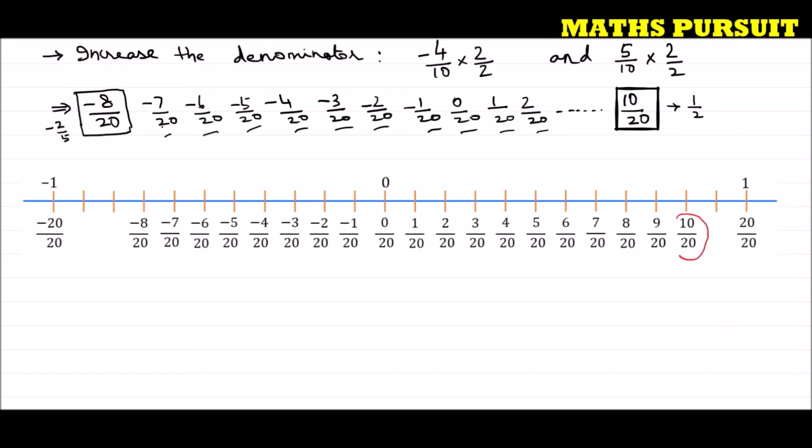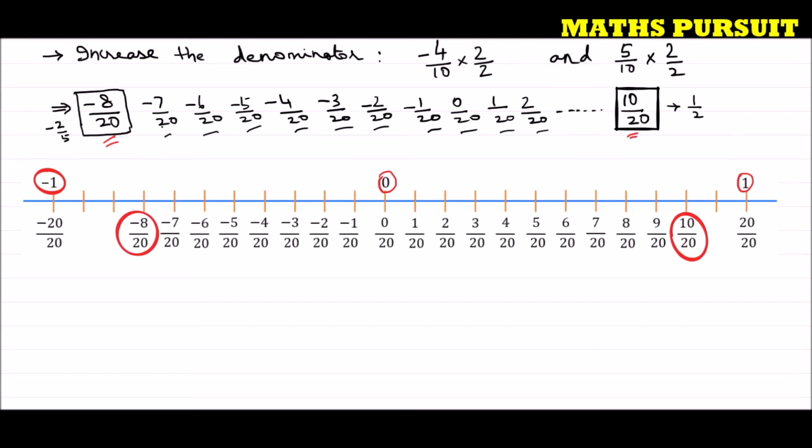This is 10 upon 20, and the beginning of that will be 20 upon 20, because the beginning of a number line is 1 and the middle is 0, and towards the left it is minus 1. Now you could see 10 upon 20 that was being given, and here we have minus 8 upon 20, and here it is 10 upon 20. So 8 upon 20 is this one, and we are supposed to find 10 rational numbers.